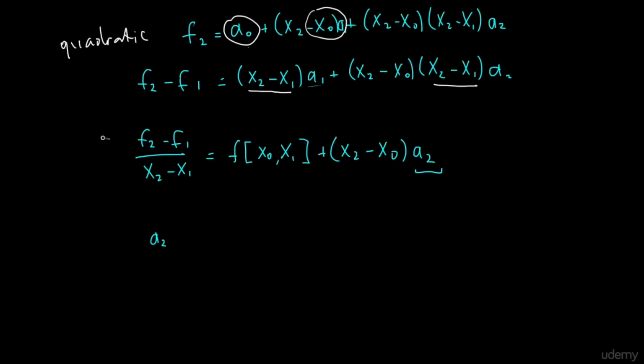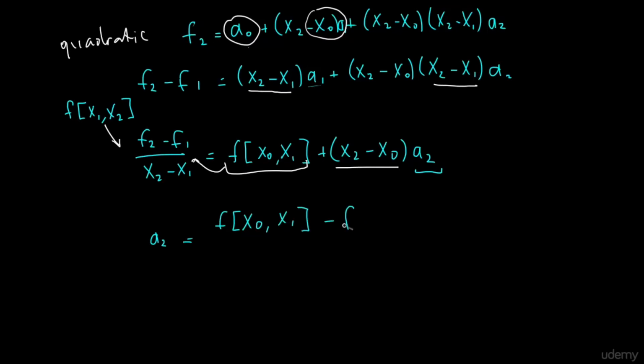So we essentially have this notation that this particular construct, being the first divided difference between 1 and 2, we'll rewrite this as f with square brackets x1, x2. Okay, and what we do to get the a2 is we take this part, we move it over to this side, and then we divide by x2 minus x0. So a2 is now defined as follows. It's defined as divided difference between x1, x2 minus this part, so divided difference between x0 and x1, all divided by